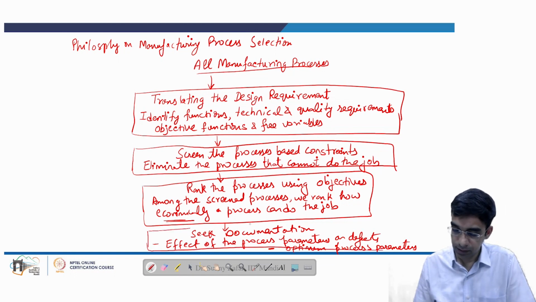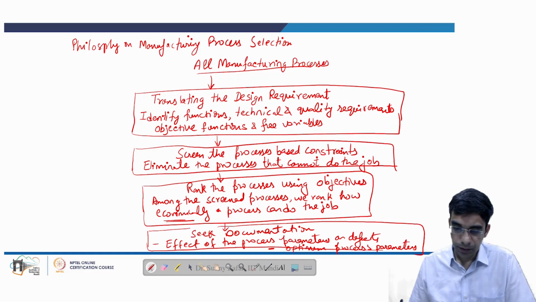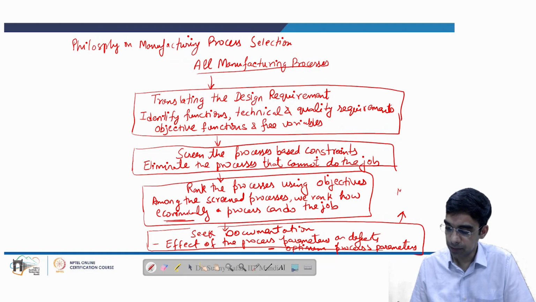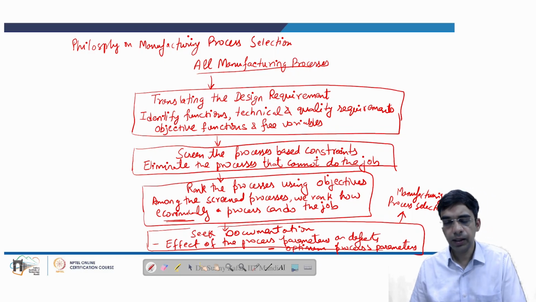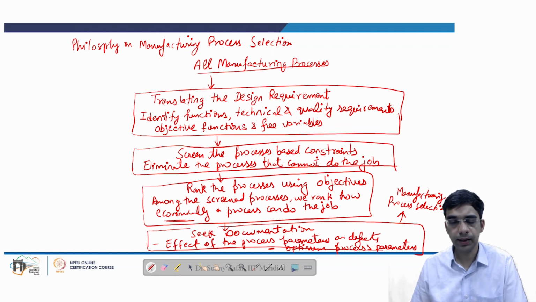So by following these four steps, we can reach the optimum selection of the manufacturing process. So this is true for making any product, be it the gas turbine, steam turbine, wind turbine, anything. So we will see in future lessons how this philosophy of selecting materials and selecting the appropriate manufacturing processes interplays while we discuss manufacturing of gas turbines, steam turbines, hydro turbines and wind turbines.